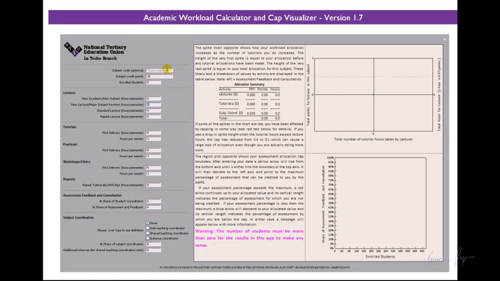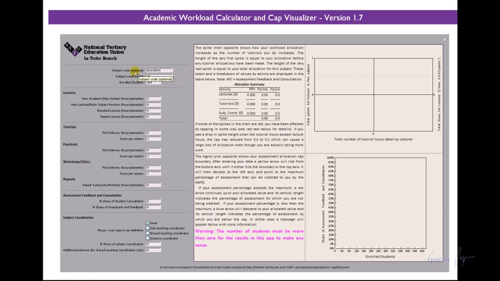First thing I normally do is put my subject code into this field. This is optional. You don't have to put a code in here, but it's helpful for you to remember which subject you were talking about. So this is a subject I teach called Biz 1 BAN. It's a 15 credit point subject, so we can leave that number as it is, and there are 169 students